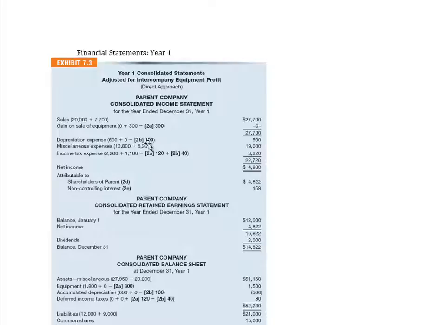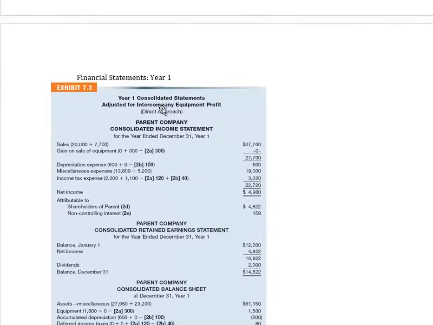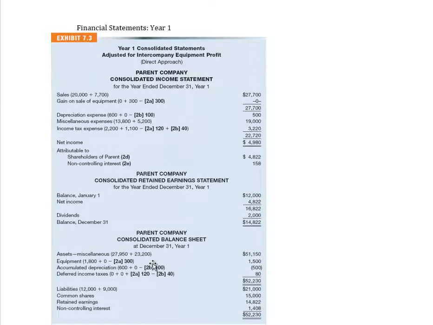We reduced depreciation expense by 100. Remember what we just did? We reduced depreciation expense by 100. And when we did that, we reduced our accumulated depreciation, because it's just like any adjustments you make to inventory